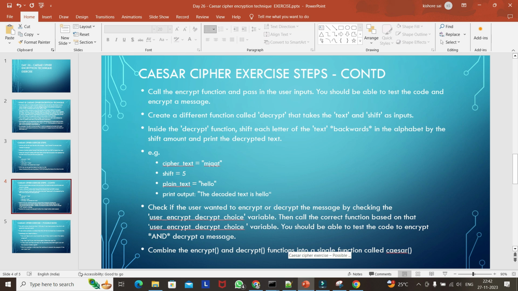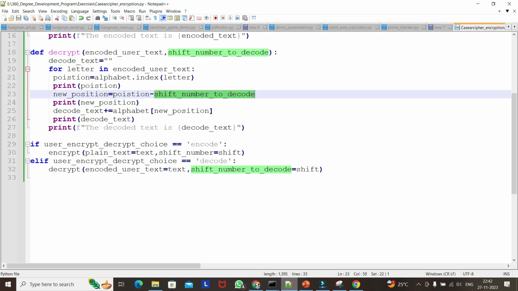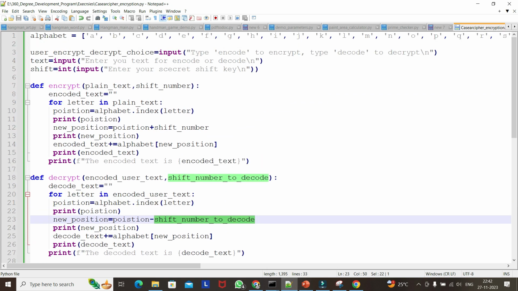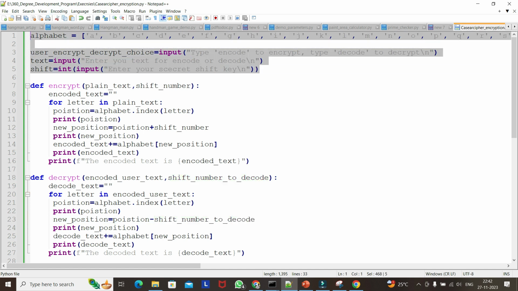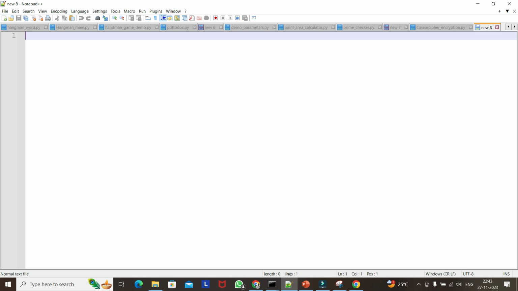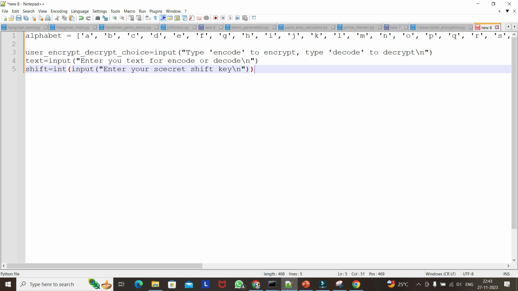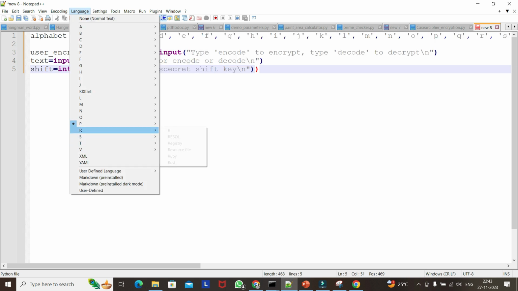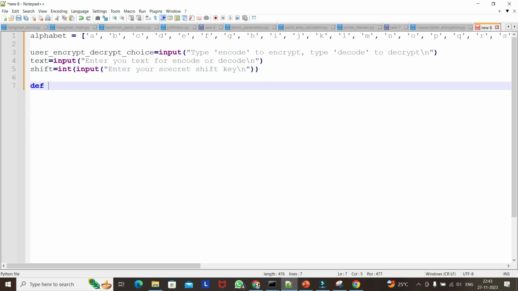So before, now what happened, we are calling two functions, right? So instead of that, for example, let's say if you want to call only one function, so instead of writing whole code, so def Caesar,